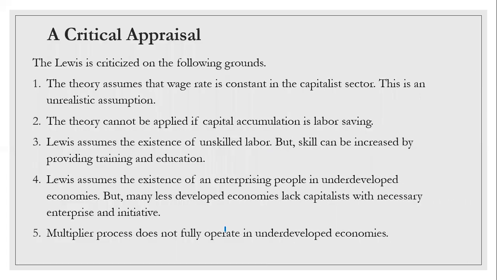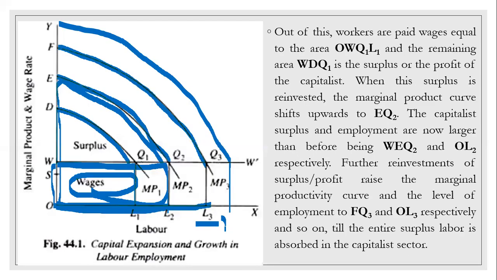Now we will critically examine this theory. Lewis is criticized on the following grounds. The theory assumes that wage rate is constant in the capitalist sector. This is an unrealistic assumption. So see here, wage rate is constant here, or constant at OW. This one. And it will remain constant according to the theory, but we know that it is unlikely to remain